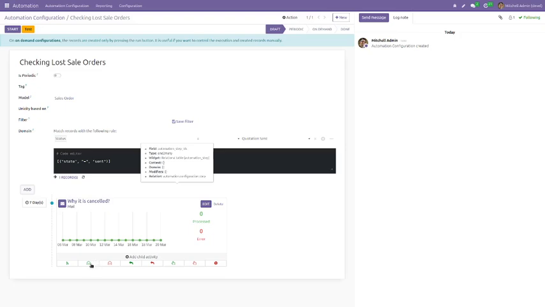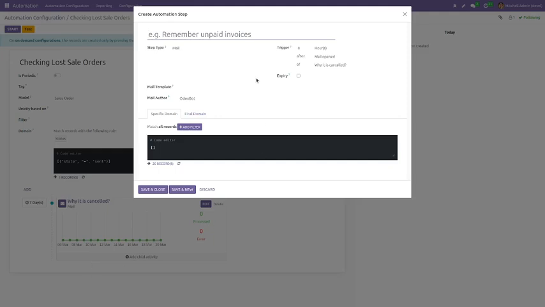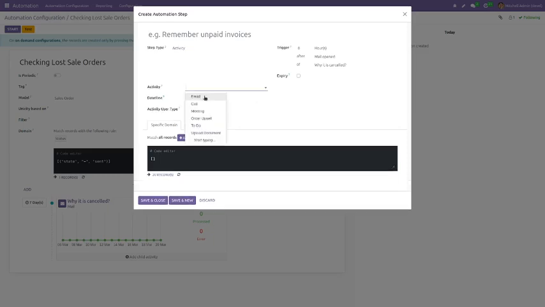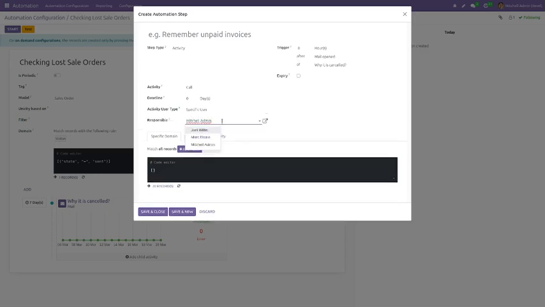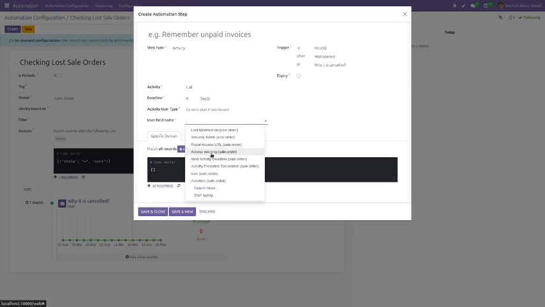For example, if the email is answered, and we have this option, it's opened, sorry, we could create an activity to call the customer, and assign it to the generic user, the responsible user,